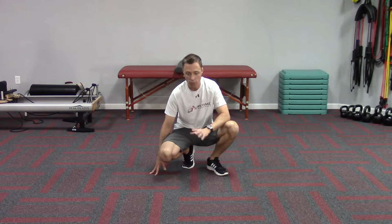I'm going to give you a little warm-up you can do today in your house before you go play. You can do it in the clubhouse before you go play. But the point of this routine is that it's not very long. It's about 3 to 4 minutes, and it's going to work your total body. It's a dynamic warm-up. It's not necessarily static stretching or anything, but we're going to work generally on getting the